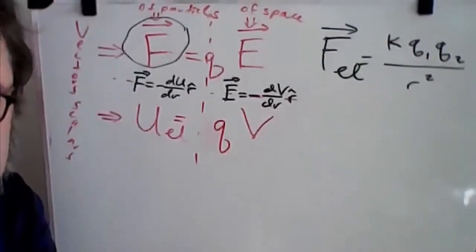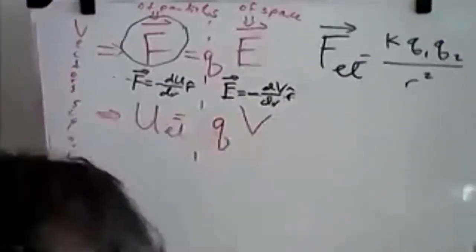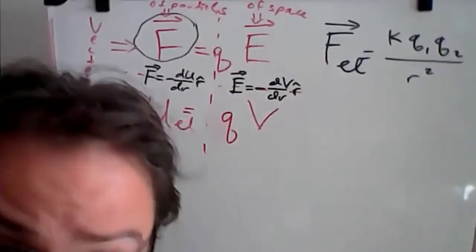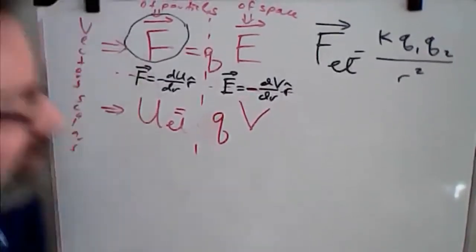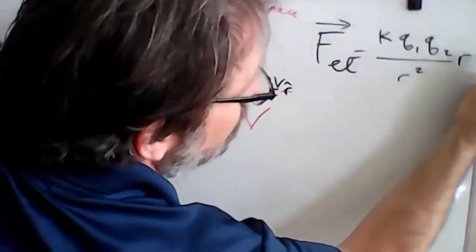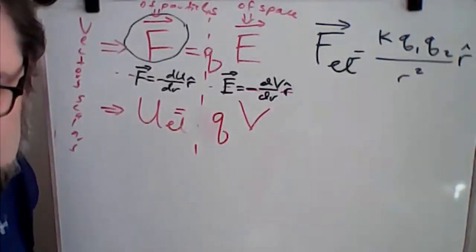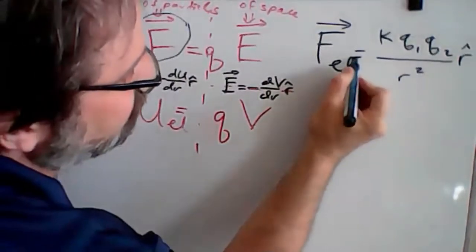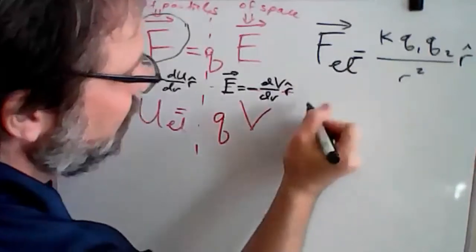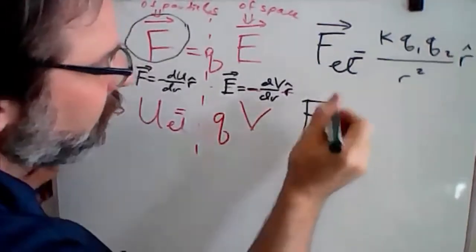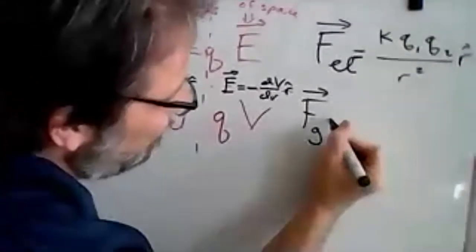Okay, so here we go. And a little bit more. There we go. Okay, so times r hat. And just a reminder, r hat is just the direction between the two, the force that's created there. Because the gravitational force